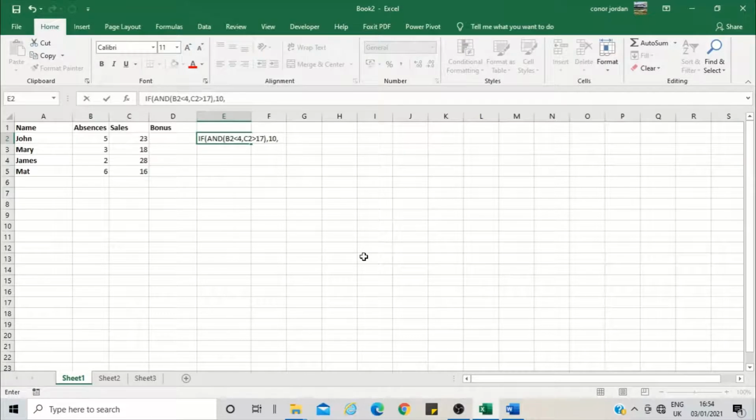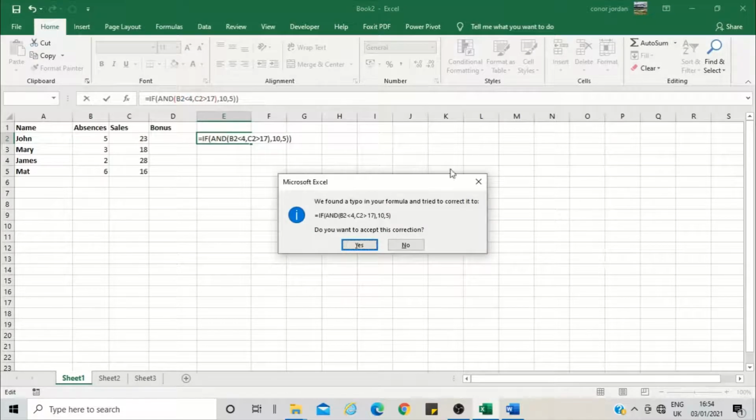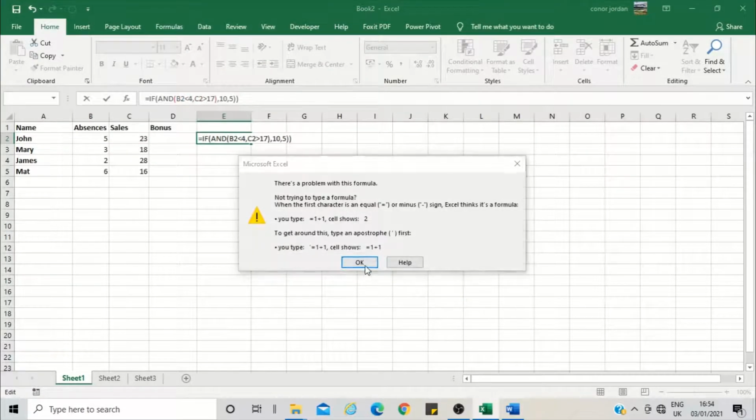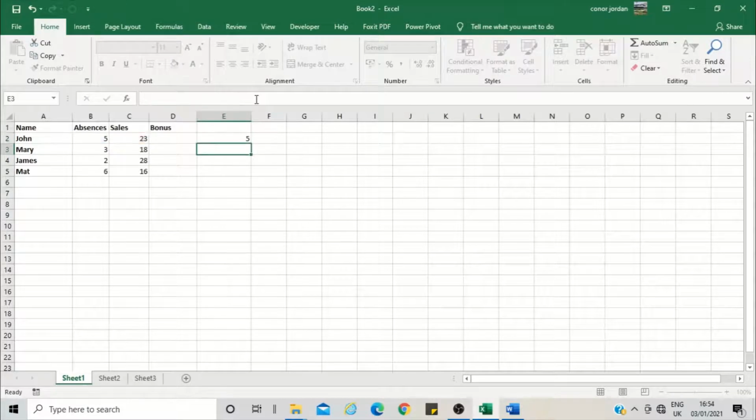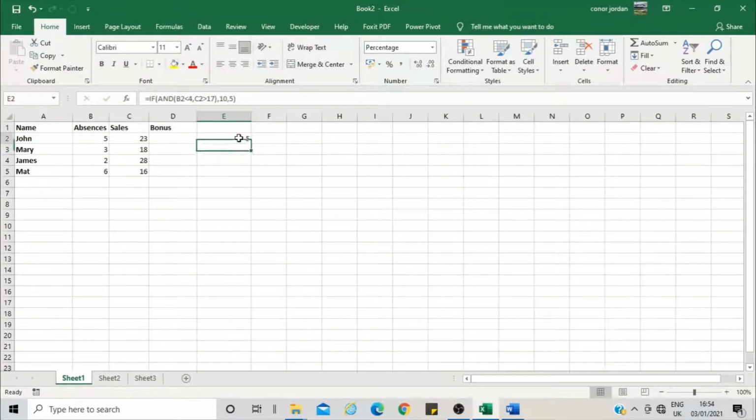And then if not, the bonus will be 5. And then close the bracket. So if I just put an equals in front of that formula, that will now calculate the bonus. So really that should have been here. So then if we drag it down, you will see that